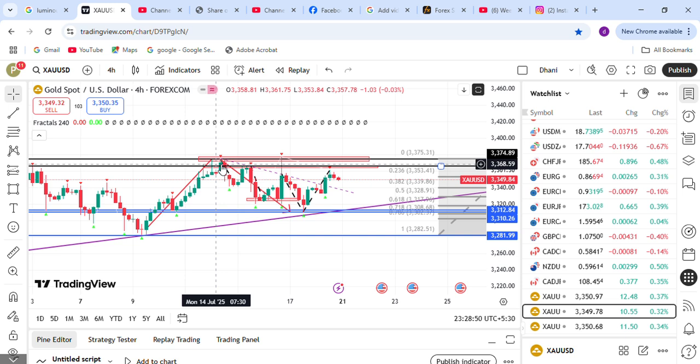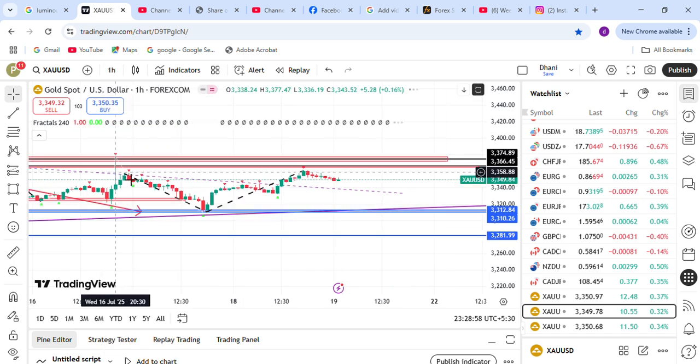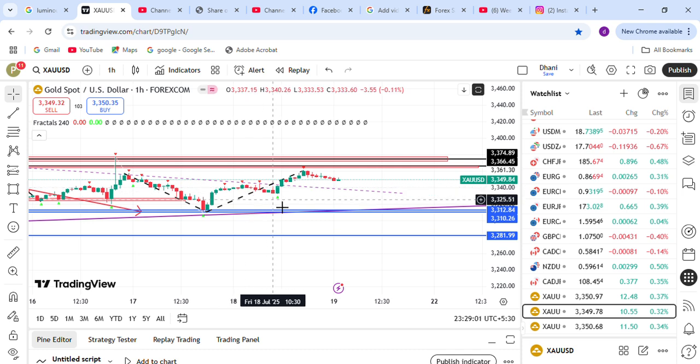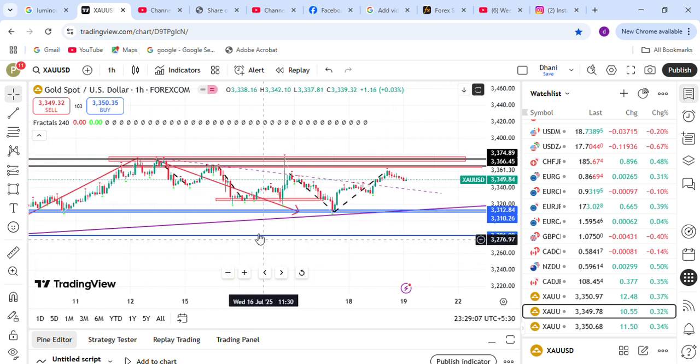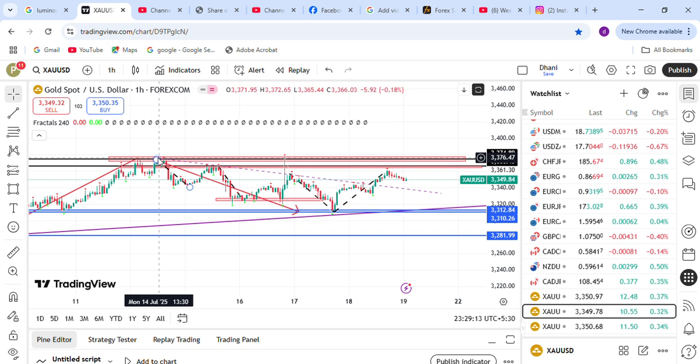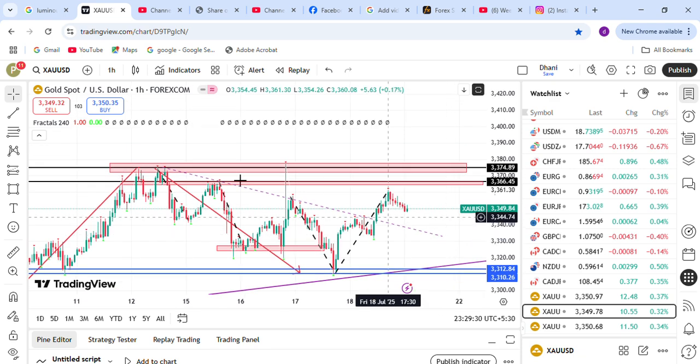Let me show you a little of this on the H1. See, lots of the traders emotionally entered into the trade, and the market did the opposite. It gave a double top up there, and just have a look at it. So let me show you this one on another template as well. On this one, emotional entries came back down, and the market created a double top, and it started to drop.